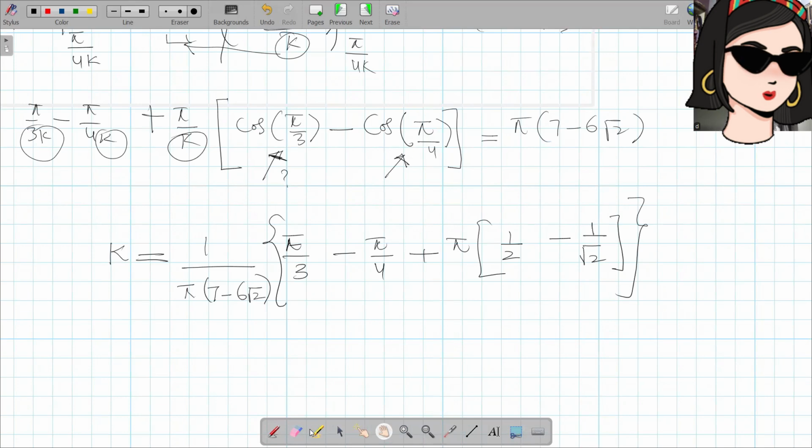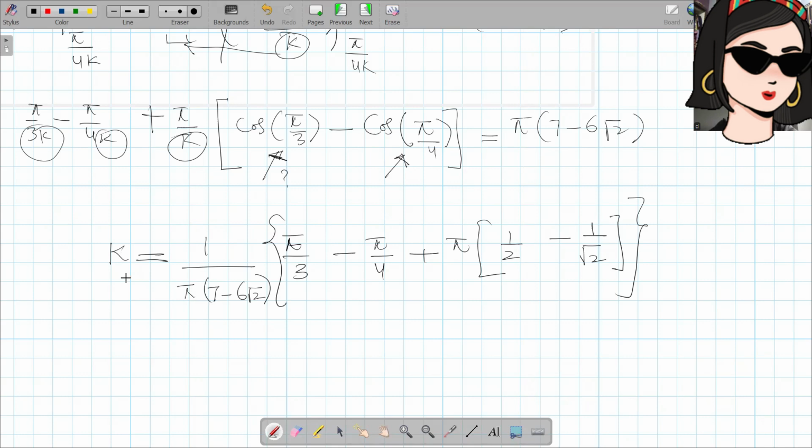Oh yeah, let me get the calculator. Pi by 3 is 60 degrees. Cosine 60 degrees is equal to 1 over 2. And pi by 4 is 45 degrees. Cosine 45 degrees is 1 over square root 2. So we end up with